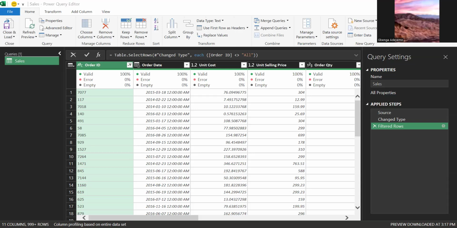So now there are two options: Close and Load, and Close and Load To. If I click Close and Load, it means my clean data will come back to this same Excel file that I'm working on. But if I say Close and Load To, it means I'm creating it in another fresh Excel workbook entirely, right? So that is it. Now I'll just say Close and Load,